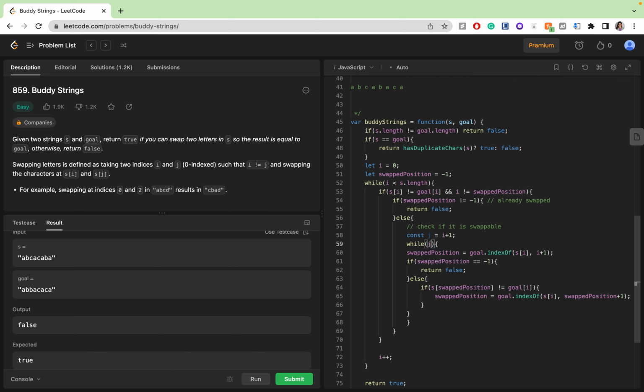While J is not equal to -1, sort position is equal to goal index and J. If J is equal to -1, then return false. Otherwise